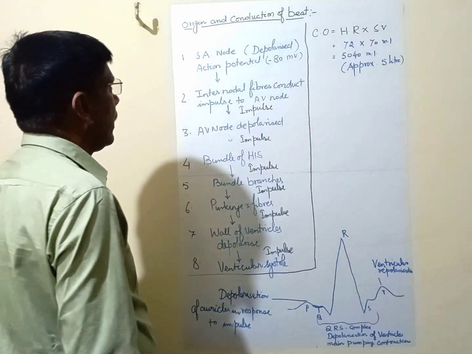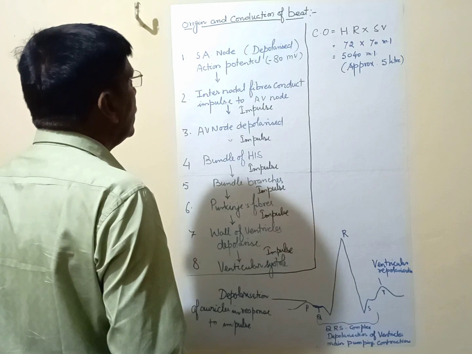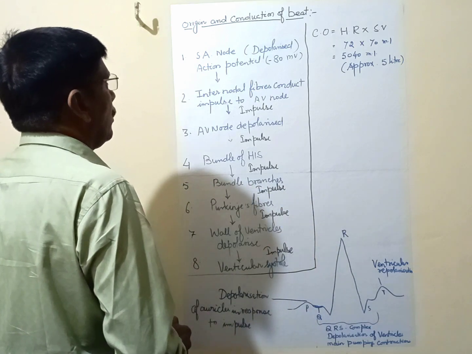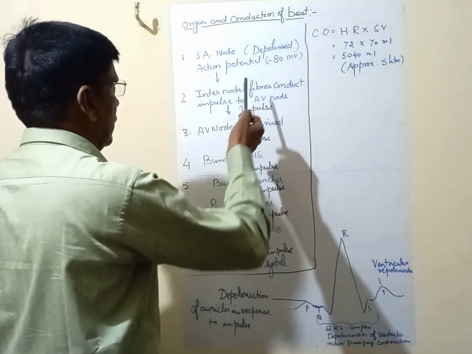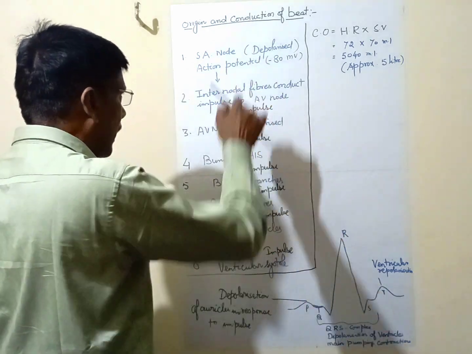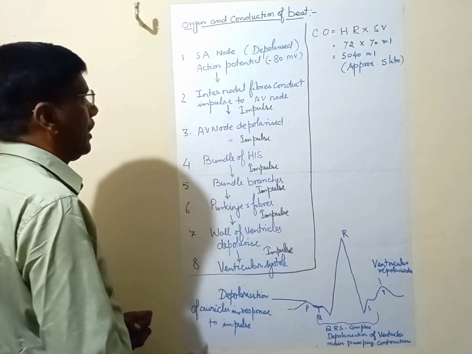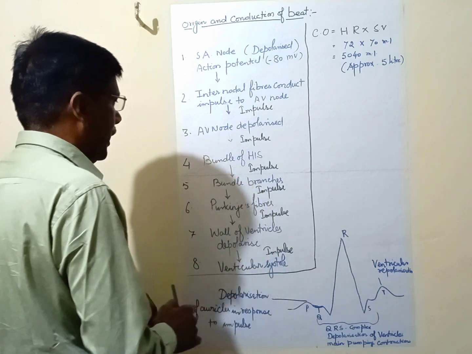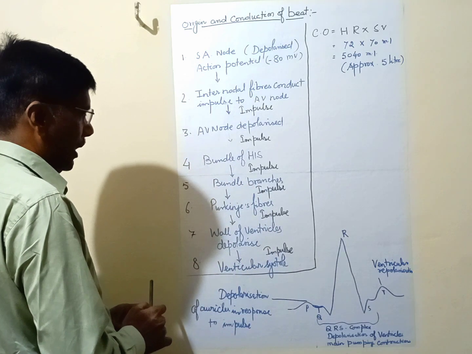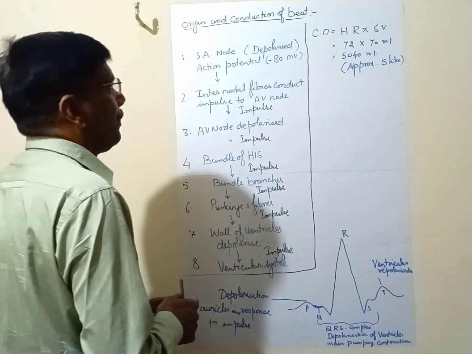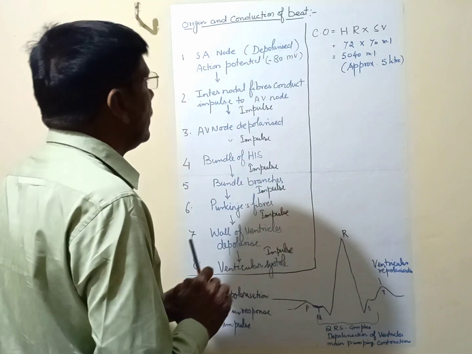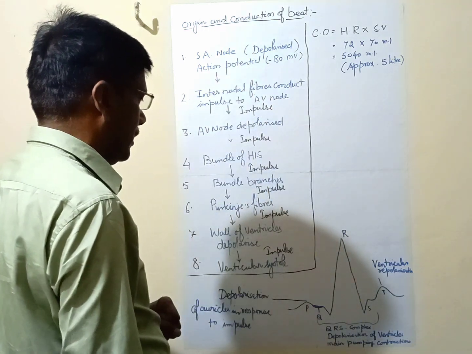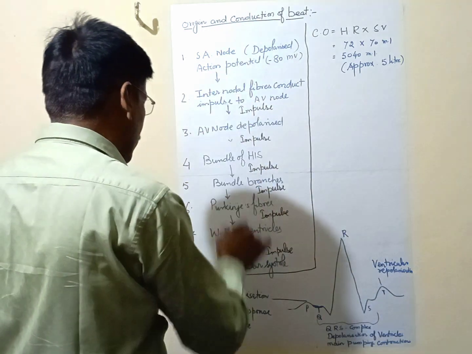A question is asked: at what mV does the SA node generate action potential or impulses. This is in depolarized state. It is also asked. This is the flow chart. Sometimes it is given in a disordered way. You have to write it in the correct way. It may be asked. Questions are asked in twisted form. Anyway, this is the way and this is the flow chart, how it is originated and how it is conducted